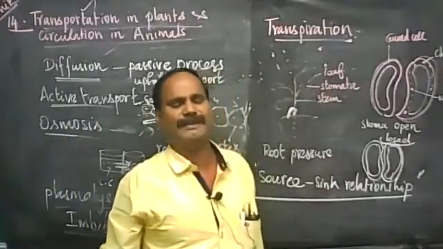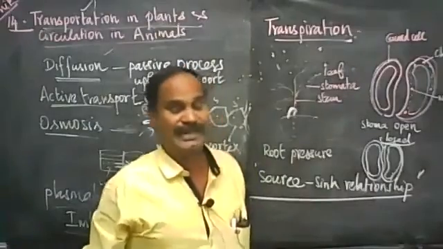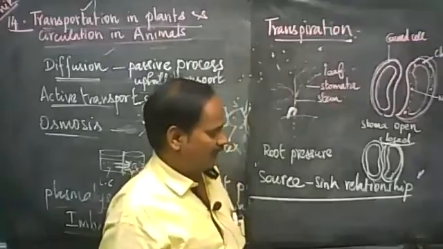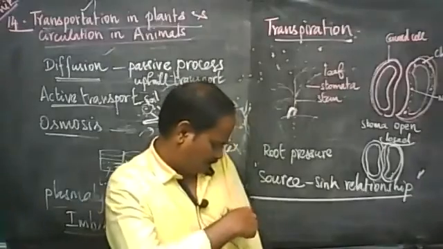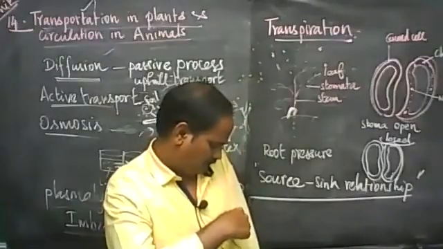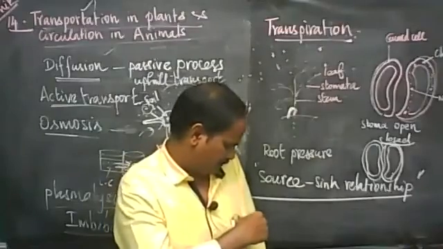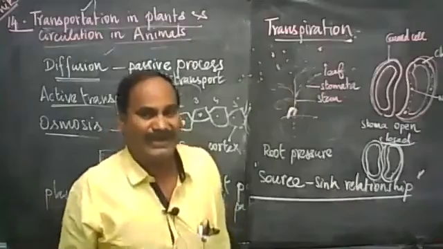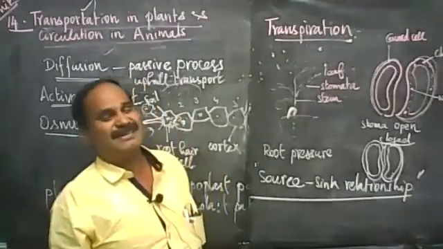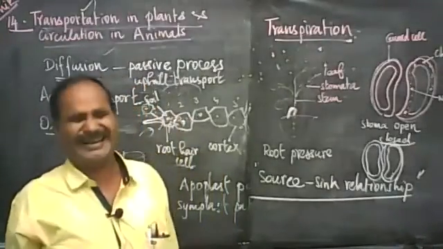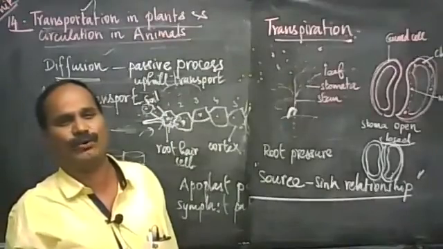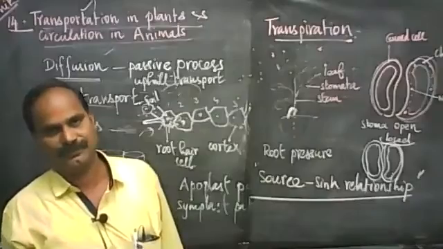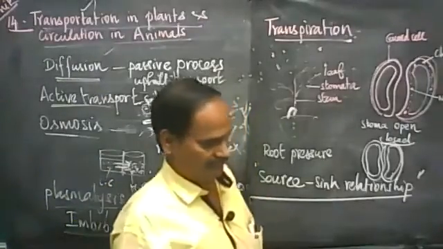Of tissue means of water movement. Water movement in xylem takes place unidirectionally, in the sense that movement of water is in only one direction, to the aerial part of the plant. That is unidirectional.